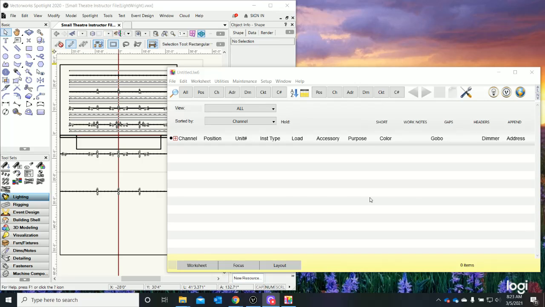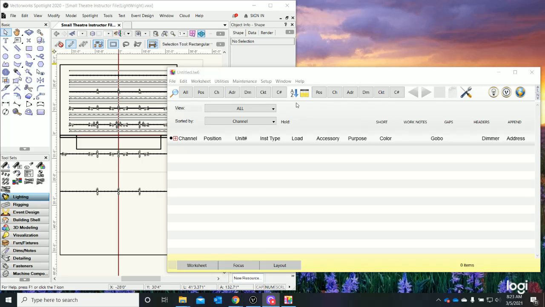Okay, welcome back, and we're now going to link Lightwright to the XML file, which is going to help connect these two programs together so that they can work together. Now, I've opened Lightwright, and this is the screen that I get, and it has no information. And what I want to do before we get into any part of it, right, is link it to that